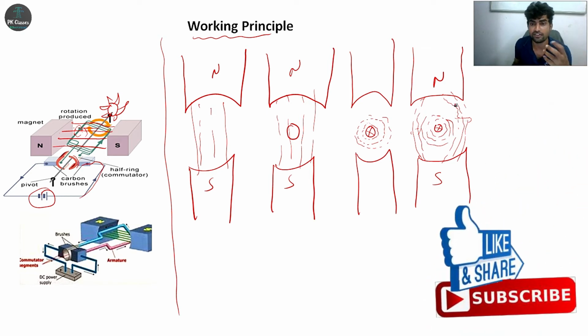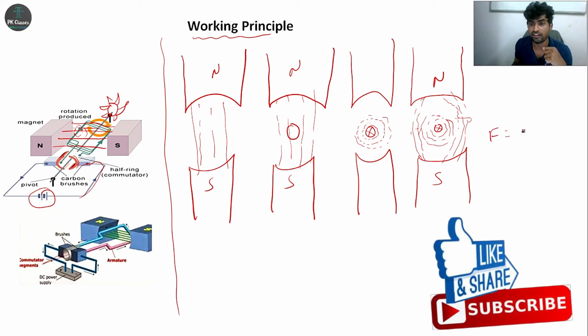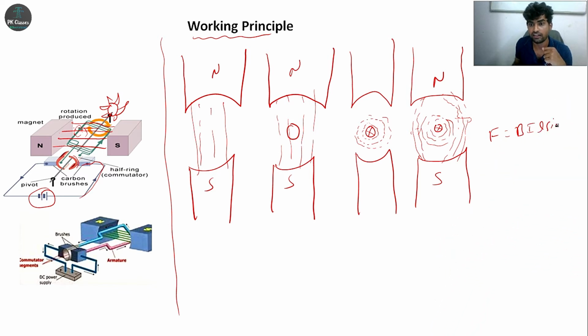According to Faraday's laws of electromagnetic induction, right? And also dynamically induced EMF, the equation is F = BIL sin theta, right? F is the force, B is the magnetic flux density, and I is the current the conductor carries, and L is the length of the conductor, okay? And sin theta is the angle of movement of the conductor in the specified path. See here, force depends upon the magnetic field from the north pole to south pole, the current flowing through the conductor, the length of the conductor, and the angle of movement of the conductor.